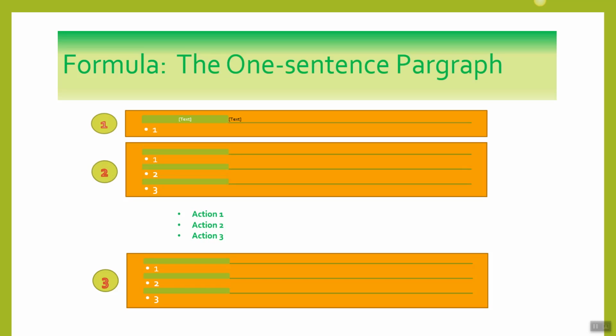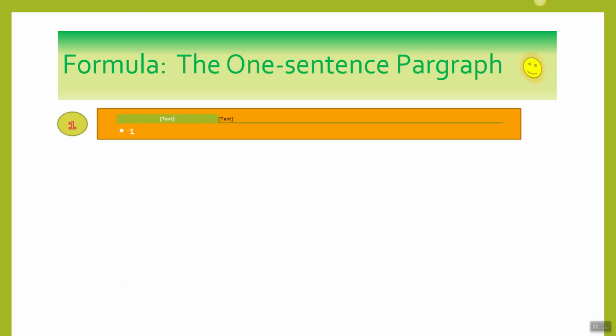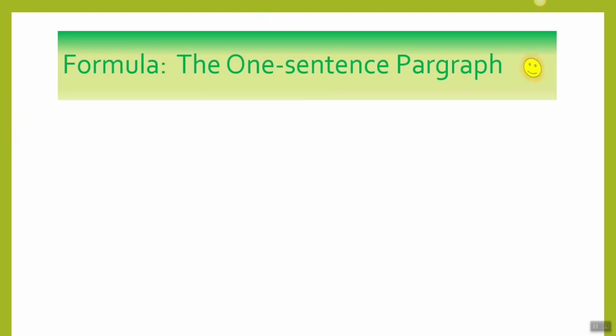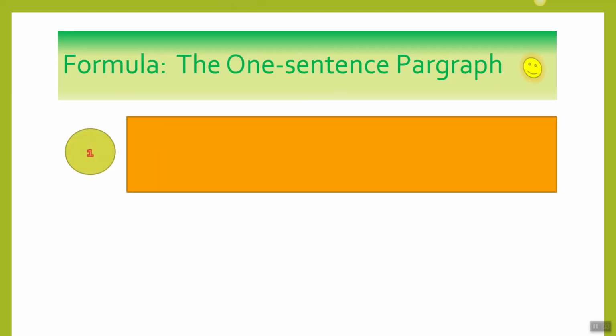Now let's go to that one sentence paragraph. How do you construct a one sentence paragraph? You've been told all your lives you can't have one sentence paragraphs, but in business writing, it's actually preferred. So we're going to write a one sentence paragraph for the direct announcement that you just did. And here's our goal. Our objective in the direct announcement is to tell them what to do, how to do it, and when to do it, all in one sentence.